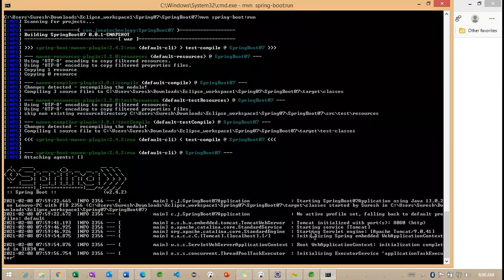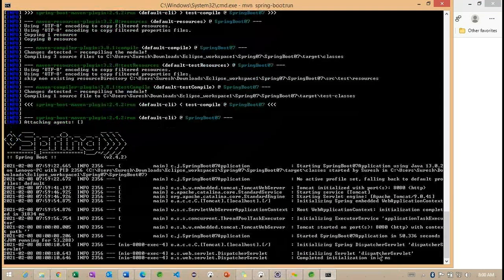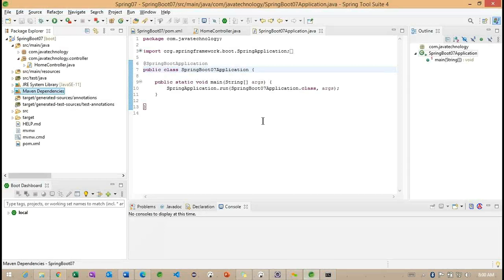So you can check here, Tomcat is started, and this is the port. Now we can identify the Spring Boot application started. We have given the request, and that's the reason we are getting completed initialization in 3 milliseconds. And now observe here, Welcome to Spring Boot. So this is one more option, we can run with the command line also. Getting the point?